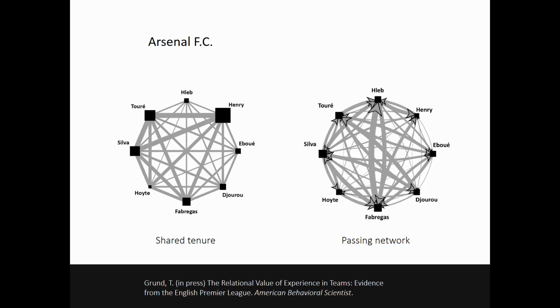And then based on that, we can construct a second network, and that's the one that you see on the left. You can construct a network where the strengths of these relationships indicate how long these two players know each other, how long they played in the same team. And then the argument is, when you know somebody for longer, you get to know how those guys work, what they do, how they run, which means you should be better at passing the ball to them. You are better able to coordinate, and there are all sorts of ideas why that should be the case.